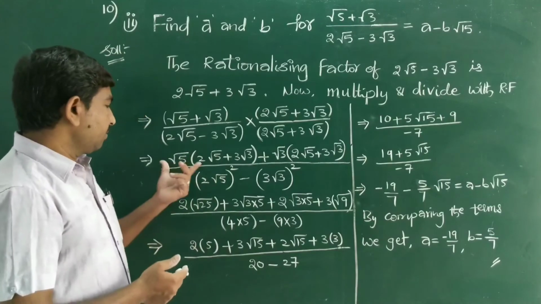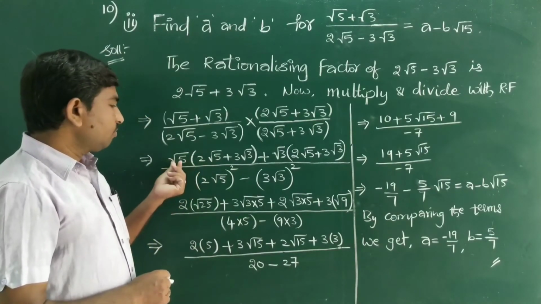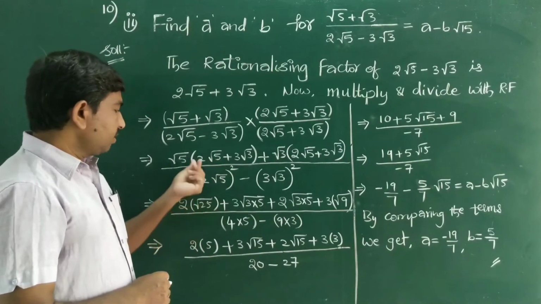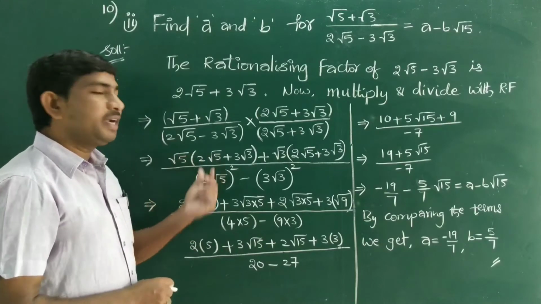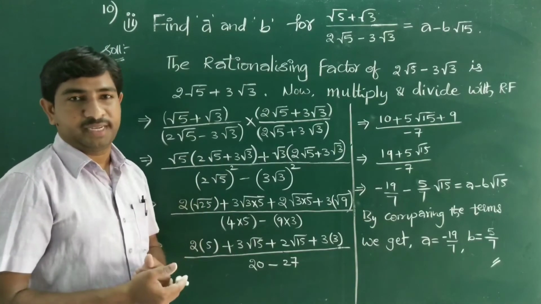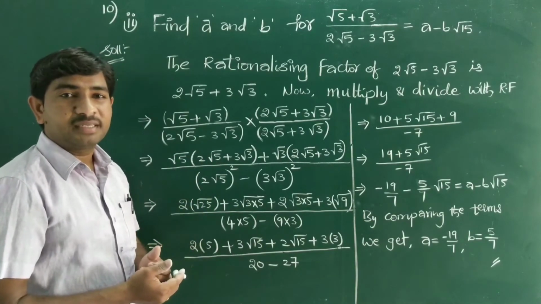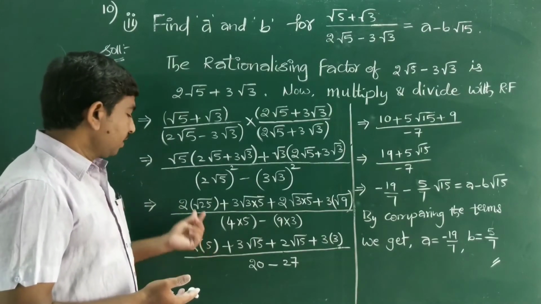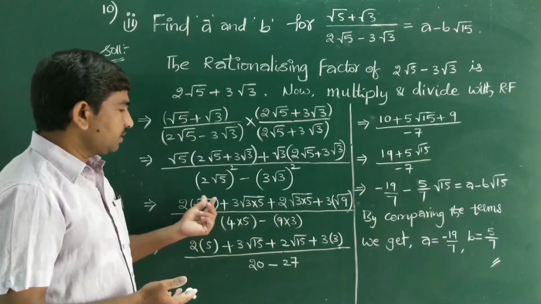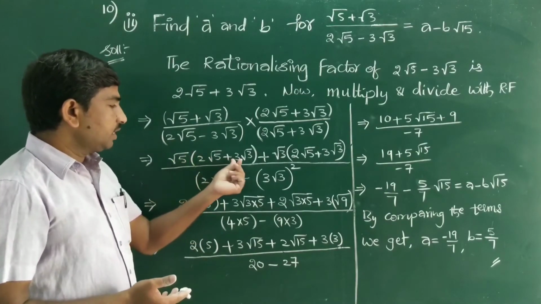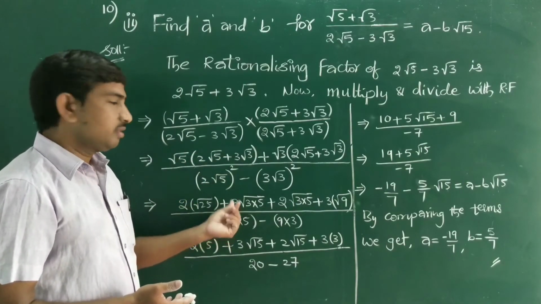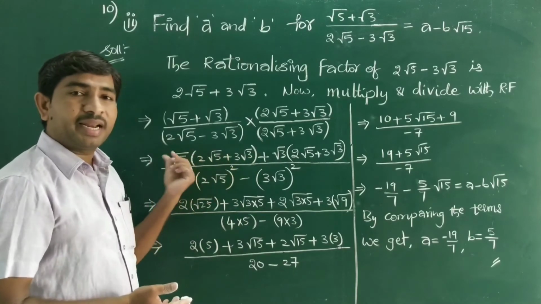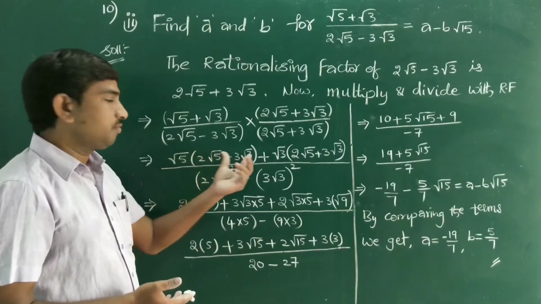Now observe that by the simplification of this, root 5 into root 5, see, I am writing 2 as it is. Root 5 into root 5 is root 25. So root 25, the square root of 25, is equal to 5, means 2 into 5 we can write, or 2 root 25 first. And next root 5, see here 3 as you should write, root 3 into root 5. These two are irrational numbers. Multiplication is only possible for these two.